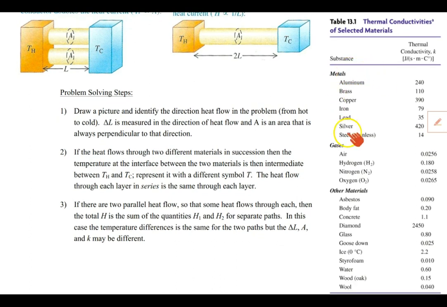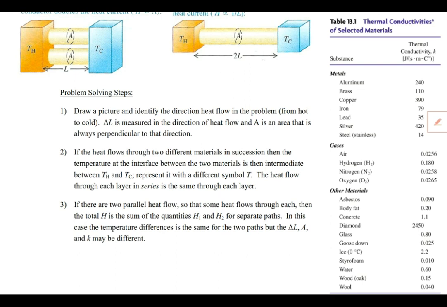And you can see that most metals here have very high thermal conductivities, like aluminum and steel. Stainless steel, by the way, is not the same as steel. Stainless steel has a very low thermal conductivity. So that depends on the metal itself, how free those electrons are. If you have a lot of free electrons, then that also helps transfer that average kinetic energy from one atom